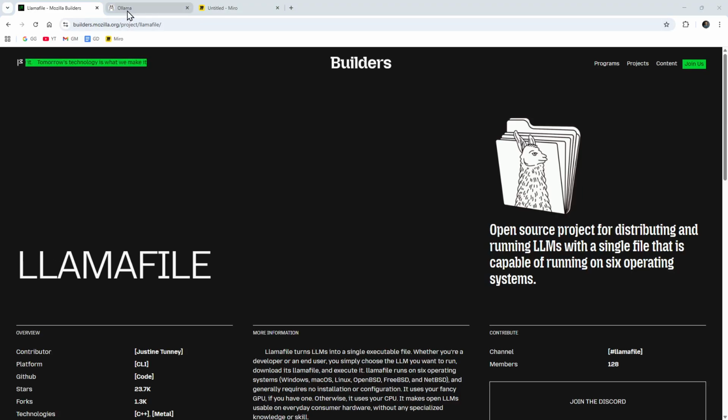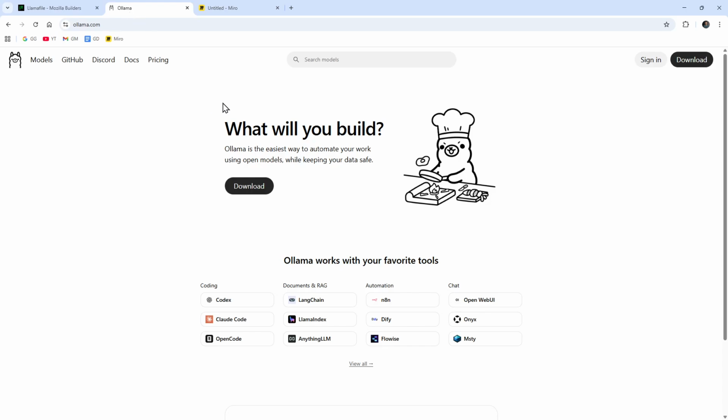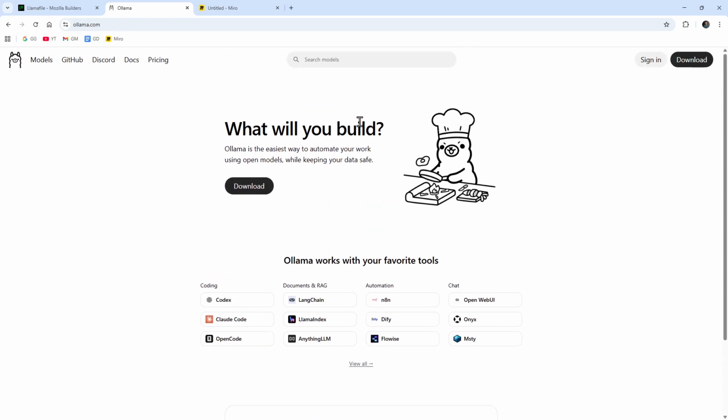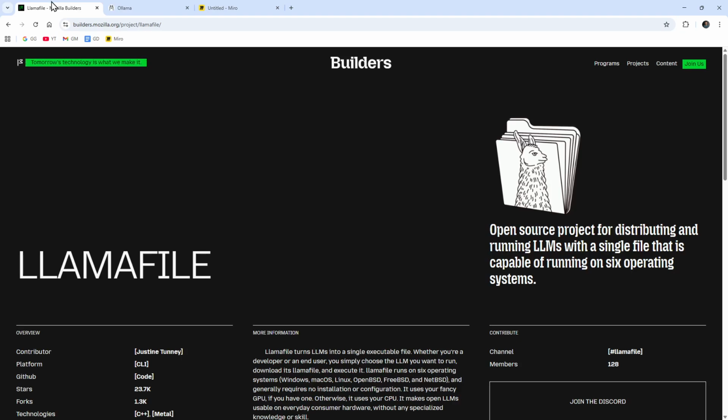Llamafile versus Ollama review. Which local AI tool is better? Choosing the right local AI tool can make a big difference in how you work with models, privacy, and offline capabilities. Llamafile and Ollama are two popular local AI solutions, but they take different approaches to running AI models on